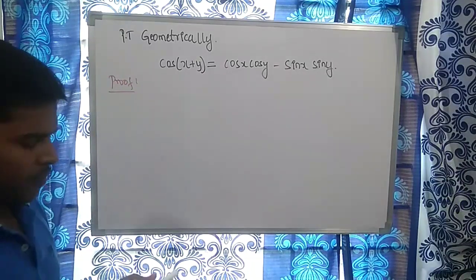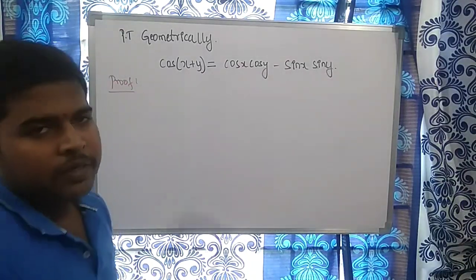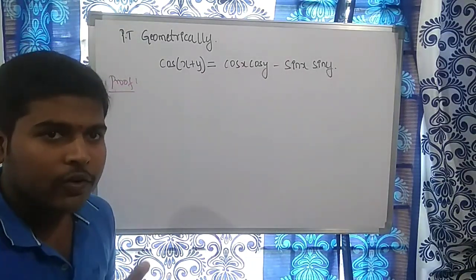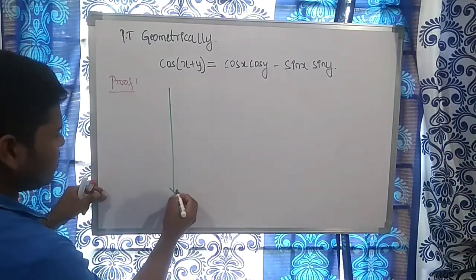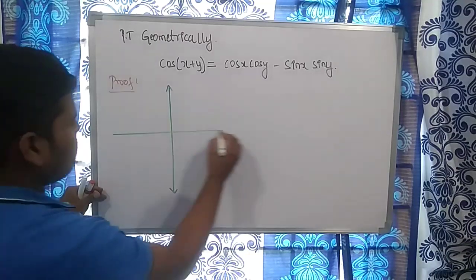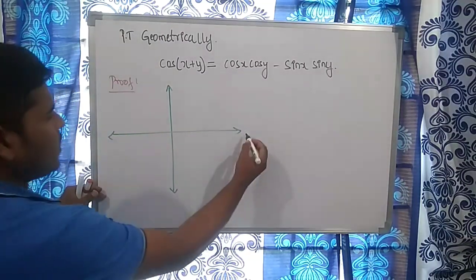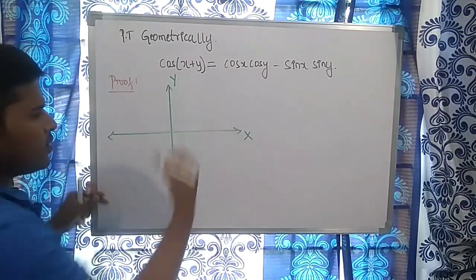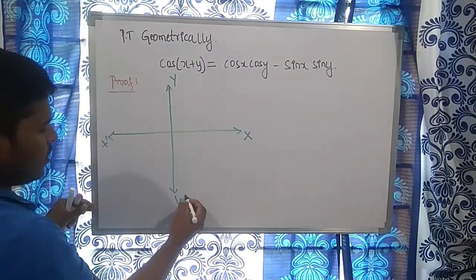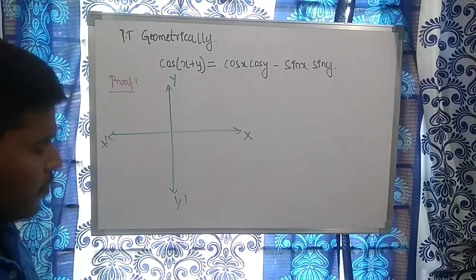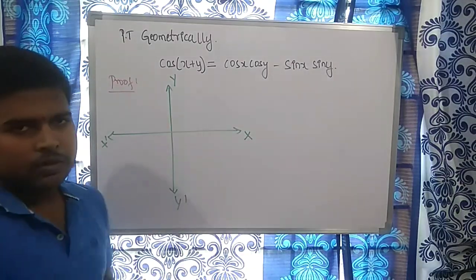First step is to consider a two-dimensional system, that is, the x-axis and y-axis. We have to consider the x-axis and y-axis. We know if it is x-axis, it is x dash, and it is y dash. Then the second step is in that two-dimensional system,